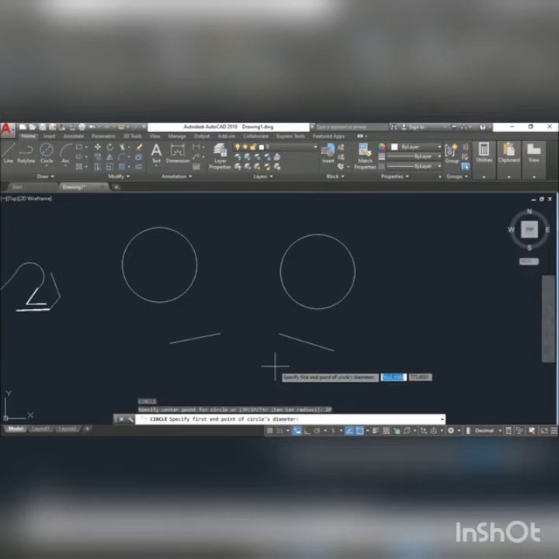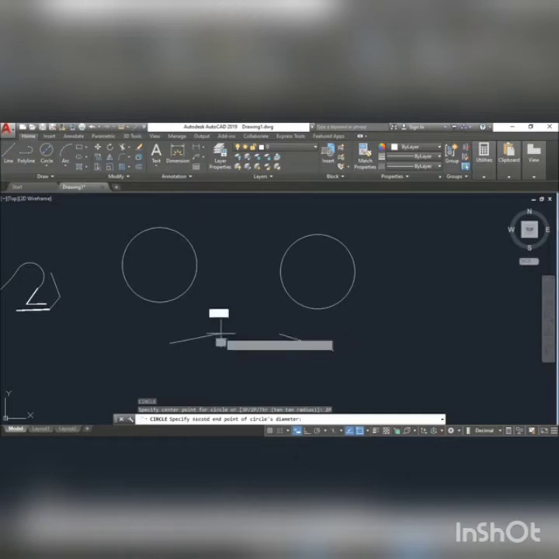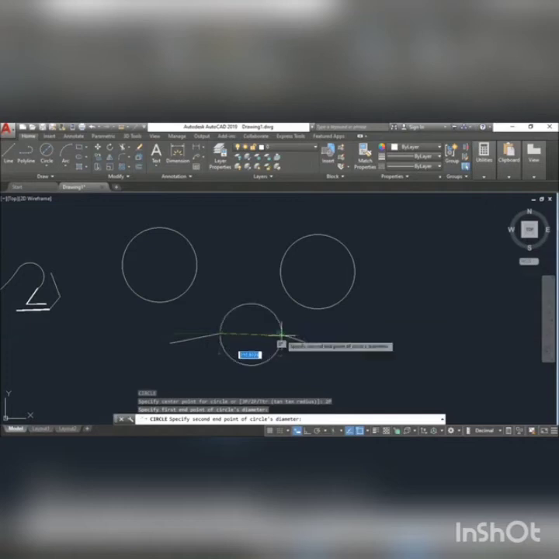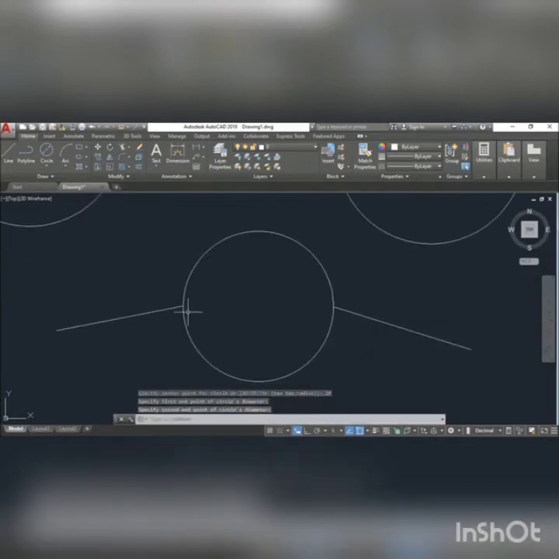The 2P option will be activated. After activating the command, it will ask you to specify the first endpoint of the circle diameter. You can choose the first endpoint and choose the second endpoint of the circle diameter, and your circle will be created, and the distance between them will be taken as the diameter automatically. Okay,